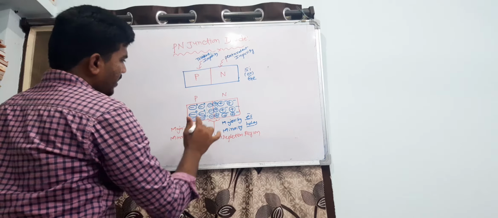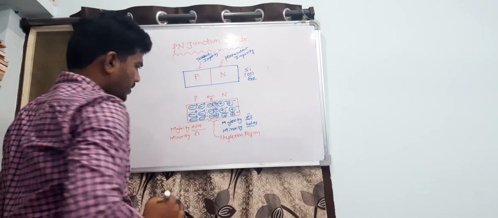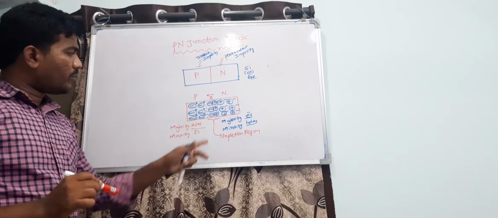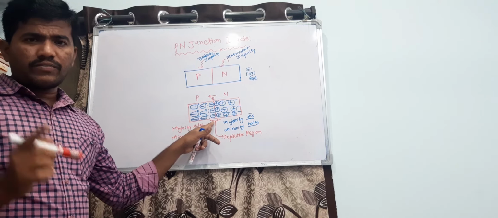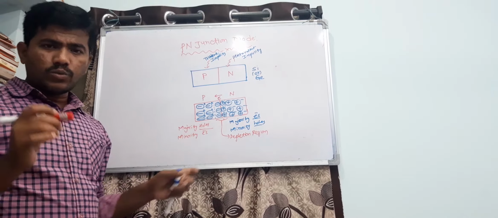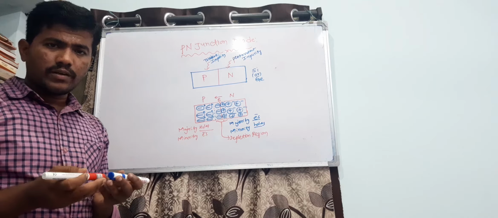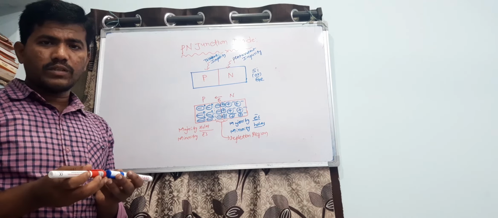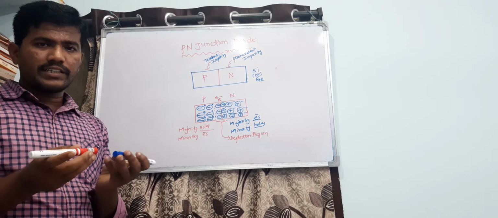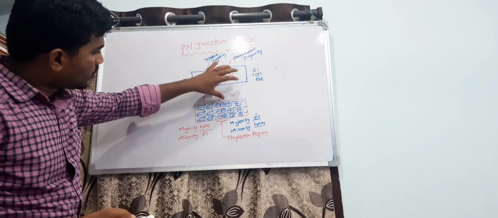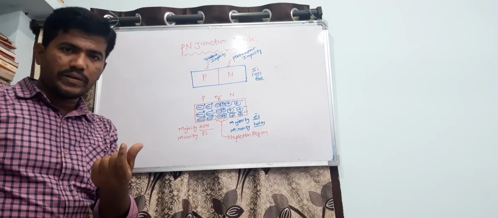Due to this depletion region, positive and negative immovable ions are there. Because of this, an electric field will be developed. How is this electric field developed? If you consider magnets, when two magnets are close together, there may be some attraction between them. We cannot see it, but we can feel how the south pole and north pole of the magnets are attracted. Here also, due to the positive and negative terminals, some electric field or force will be developed.